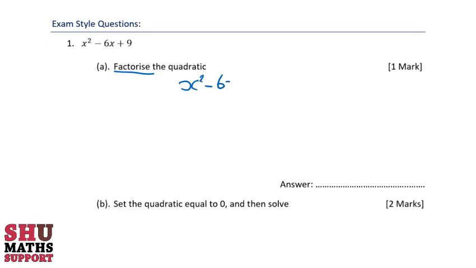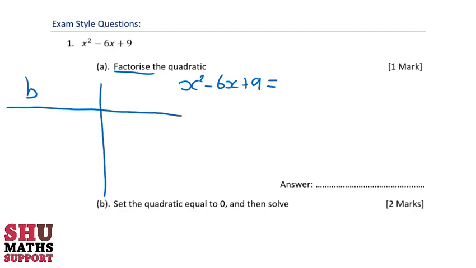So if we have x squared minus 6x plus 9 is equal to, and then if we create our little table just under it, our b value is going to equal minus 6, and our a times c value, which is 1 times 9, is going to equal 9. So we need two things that add together to make minus 6, but then they need to times together to make 9. Since the two values need to times together to make a positive, they both need to be negative because b is a negative. So if we try minus 1 plus minus 5, which gives us minus 6,